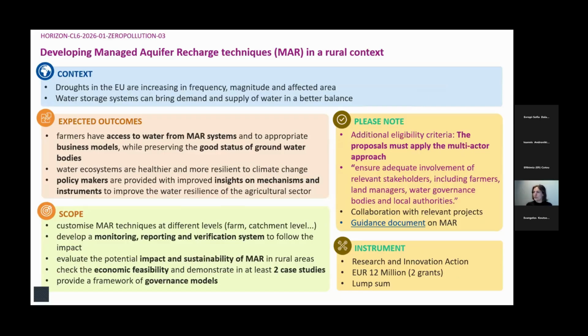And then the last one is another topic under destination zero pollution, developing managed aquifer recharge techniques in a rural context. Eligibility criteria, the proposals must apply the multi-actor approach and ensure adequate involvement of relevant stakeholders, including farmers, land managers, water governance bodies, and local authorities. So I hope this is very clear. I think that the topic drafters, we really requested the topic drafters to indicate how the multi-actor approach should or must be done. So I hope that it gives enough indications for you to implement this requirement or this encouragement